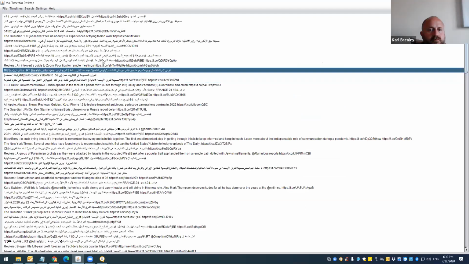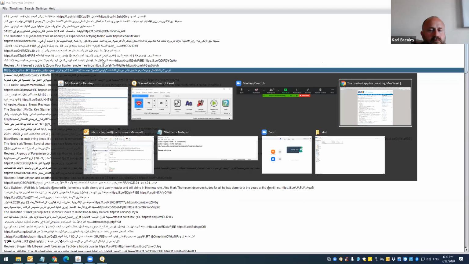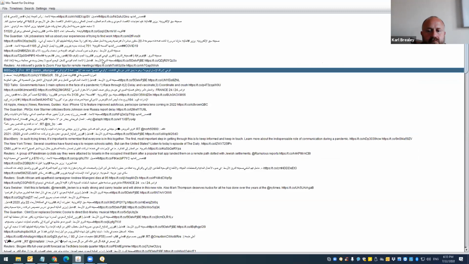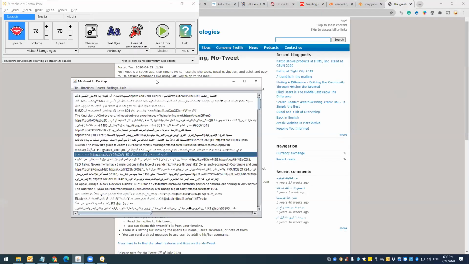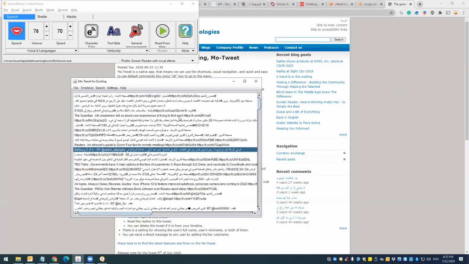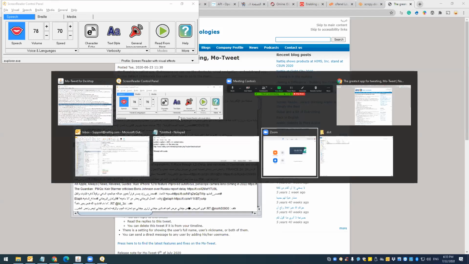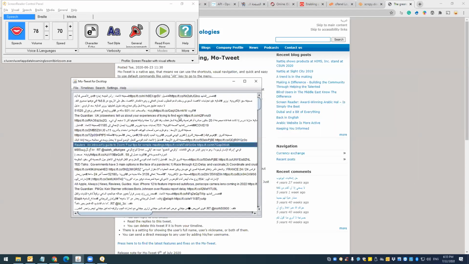Up arrow. Alt. Mode tweet for desktop. Meeting controls. Down arrow. No selection. No focus detected. Left mouse button. Up arrow. Alt F10. Meeting controls.